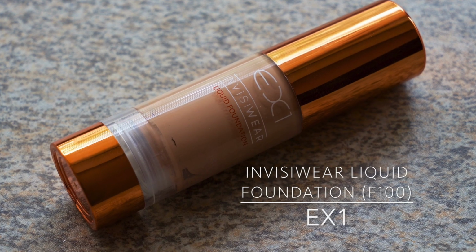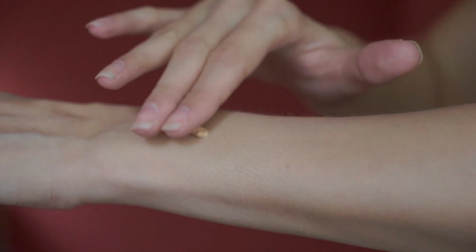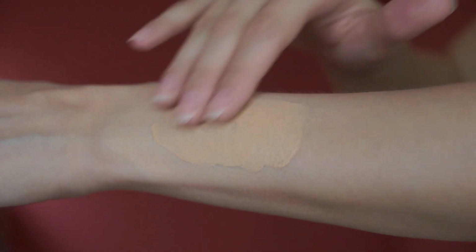So moving swiftly on to my next favorite, which is also a foundation, by the way. But when I was wearing the Bourjois one a bit more at the beginning of July, then this I was wearing from the mid part to the end, and I'm still wearing it in August as well. And it is the EX1 Invisiwear Liquid Foundation. Even though I'm in the shade F100, which is the lightest shade that they have, it's still quite dark, so I couldn't wear it before because it would just look basically orange on me when I was a bit more fair. It's the foundation that I'm wearing on my face right now, and just to give you a quick review of what the product is like,